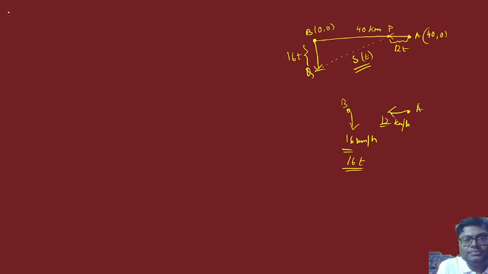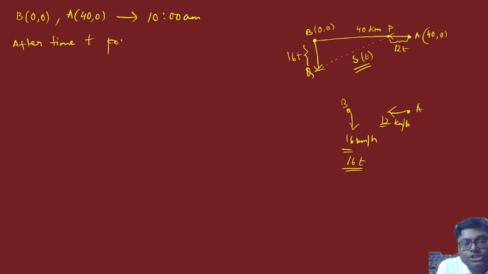So let us consider, we know from the question, B is at 0, 0 and A is at 40, 0, at 10 am. Okay, now after time t, the position of A and B will be